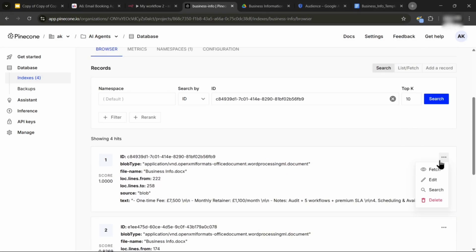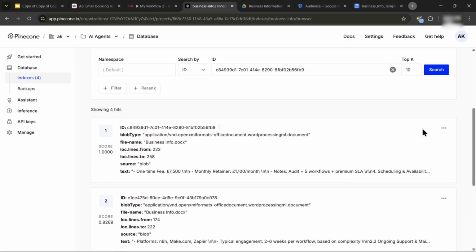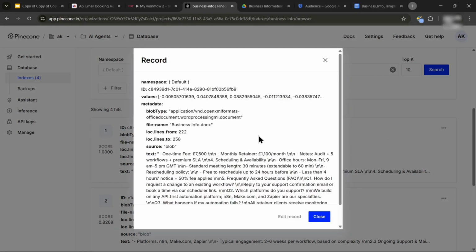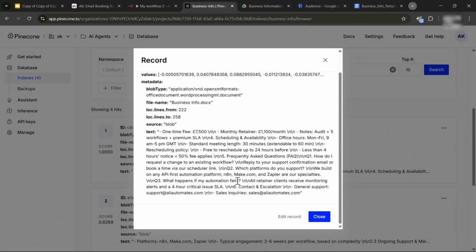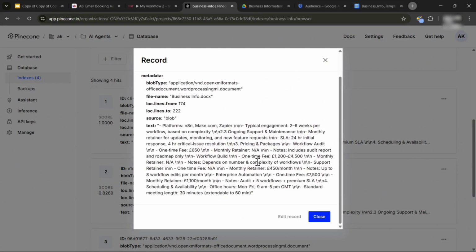If we just open up a chunk, press fetch, it has 1000 characters from our Google document, and they should have an overlap as well. So if we press the three dots on any chunk and do fetch, I'll grab this, it says automation platform, n8n, make.com, and Zapier are our specialities. And let's say we went to the second chunk, press fetch. It is a different chunk, but you can see that it also says platform n8n make.com Zapier